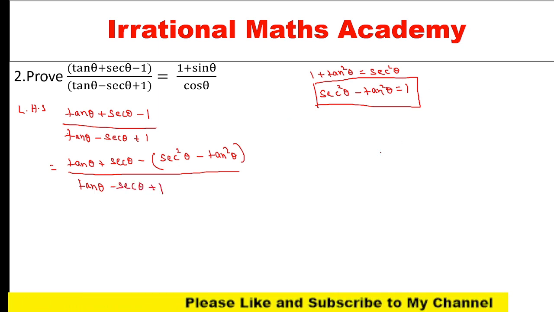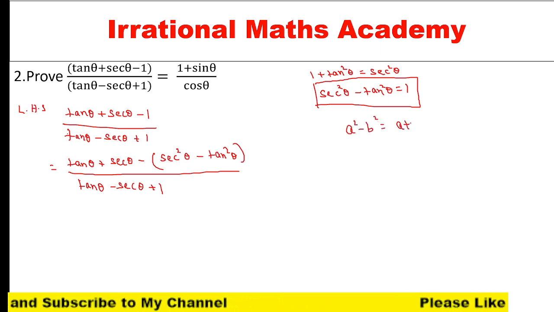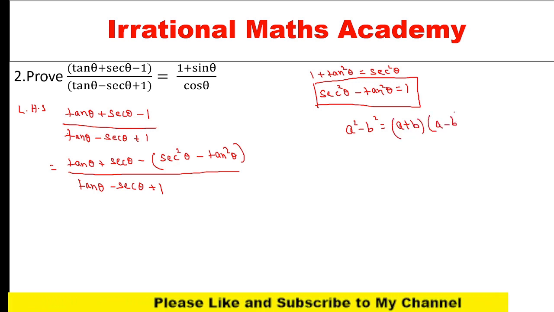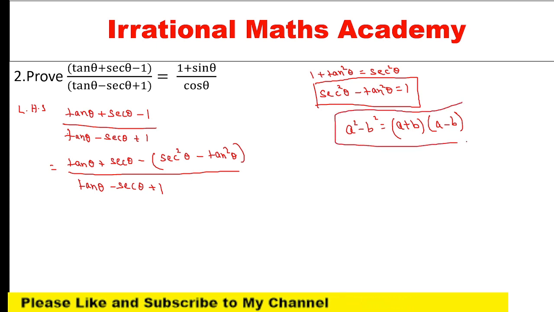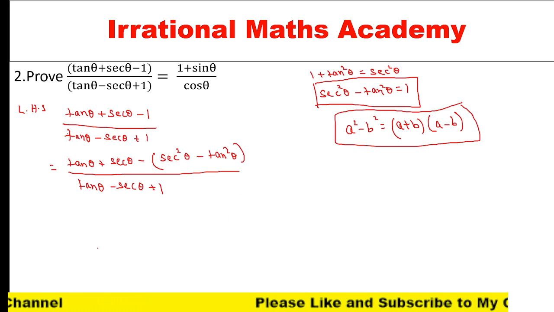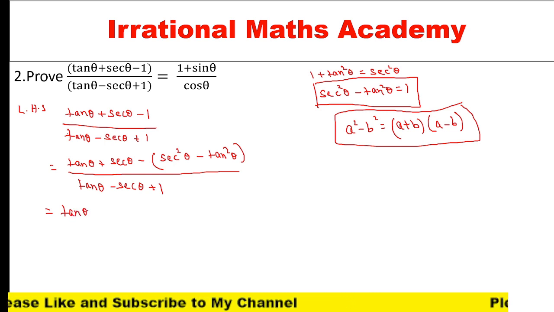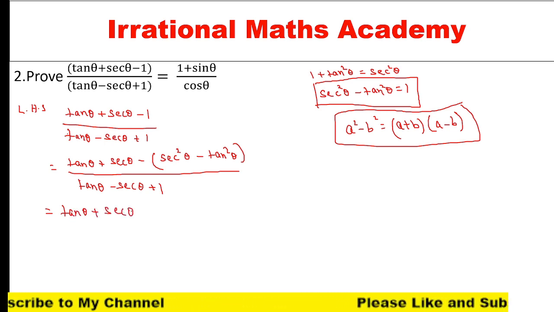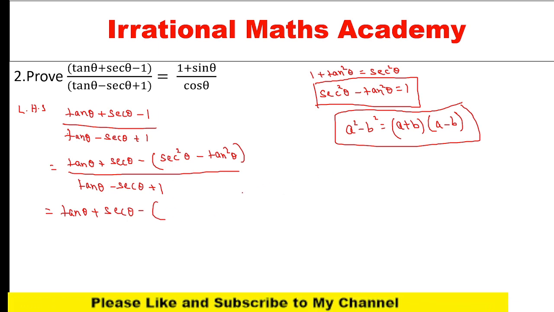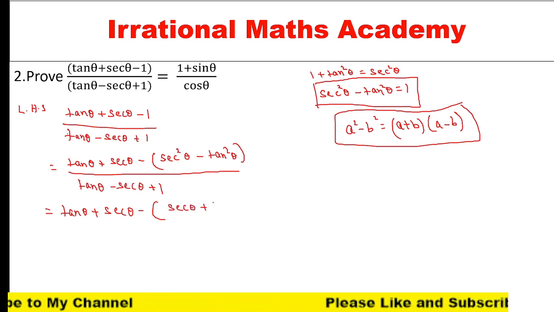And one more thing we need to remember is a square minus b square. A square minus b square formula is what? A plus b into a minus b. To solve this trigonometry, you need to remember formulas. If you are able to recall those identities, you can easily solve this trigonometry. So tan theta plus secant theta minus, here secant square theta minus tan square theta, a square minus b square form, right? So I can write it as secant theta plus tan theta